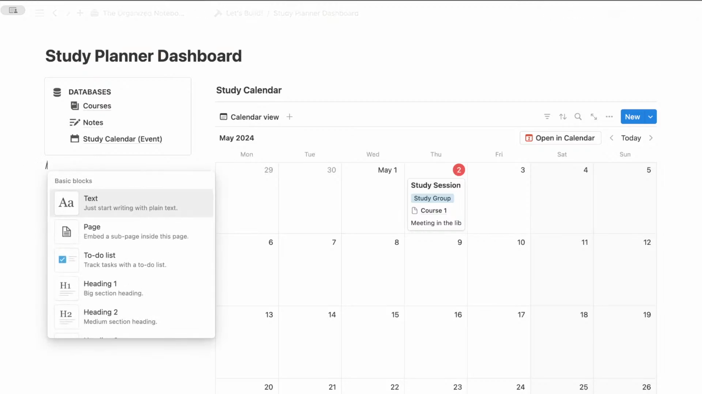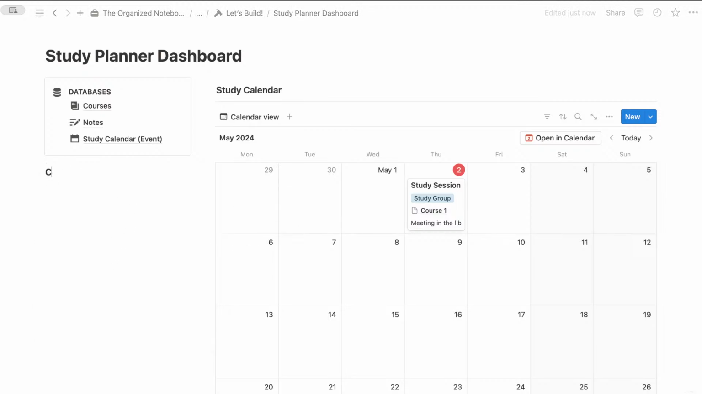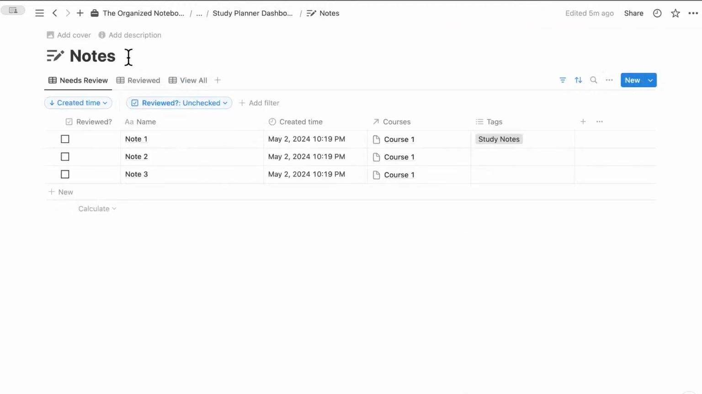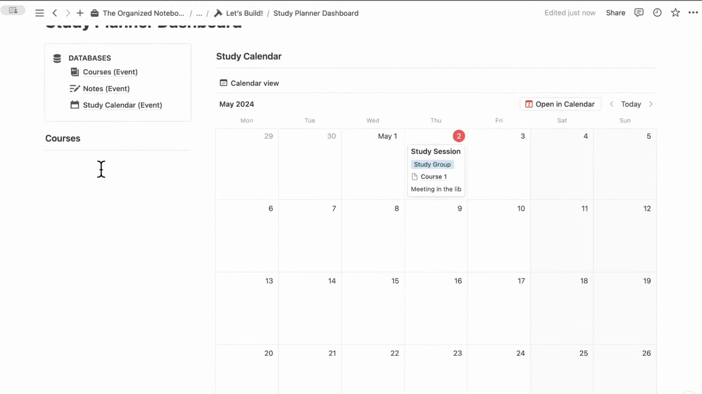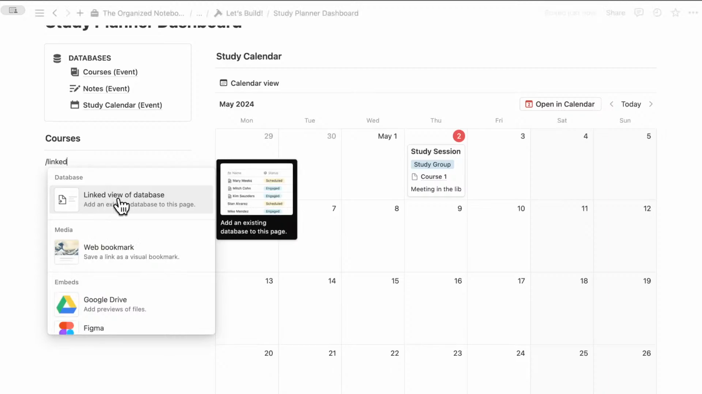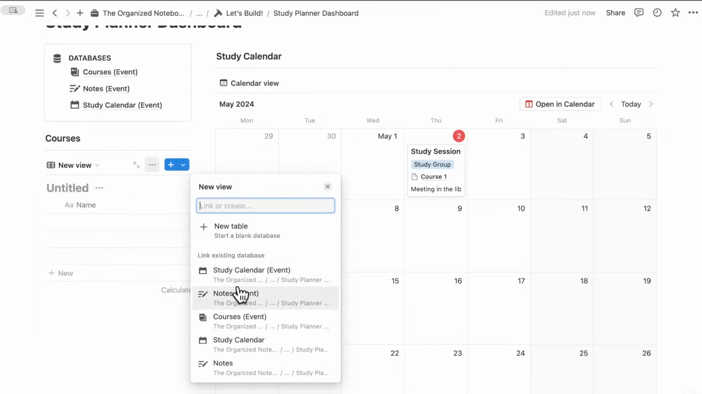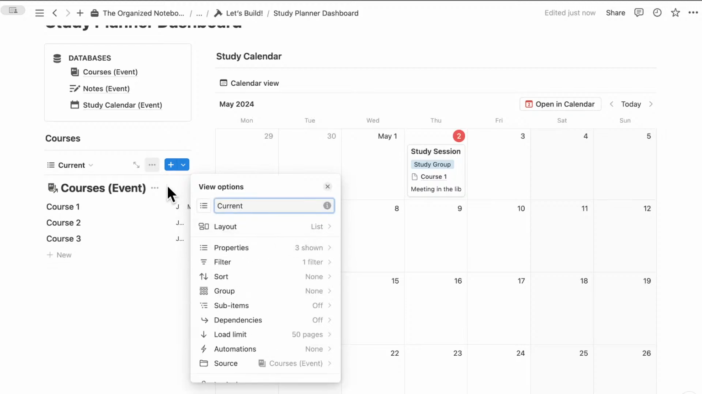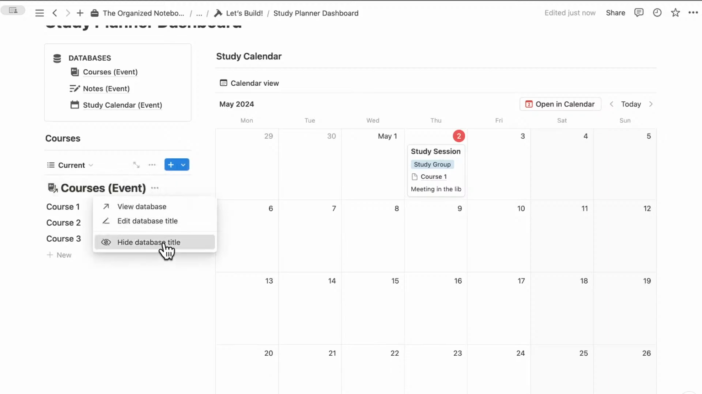So we're going to type /heading 3, and we'll call this courses /divider. And just so that we don't make the same mistake, we're just going to name these event. And this one event. So now if we type /linked view of database, we're going to be able to add our courses event database as a database view, and we can see all of our current courses, and then we can hide the database